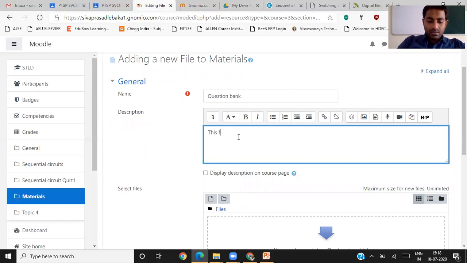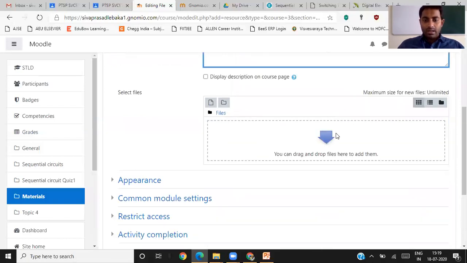This file contains all the questions for the total course as per Bloom's taxonomy. I have given the description there, and those files you can directly drag and drop here.